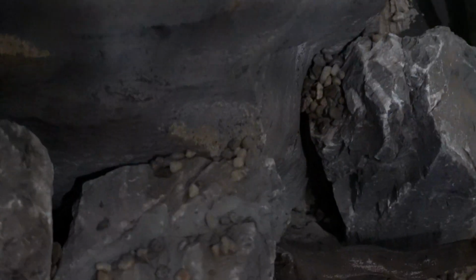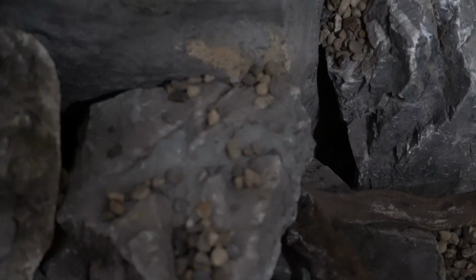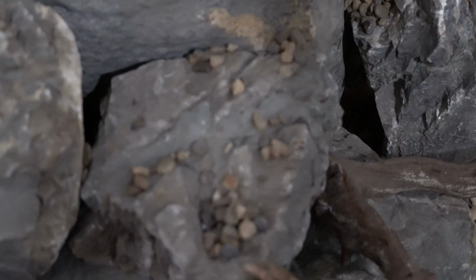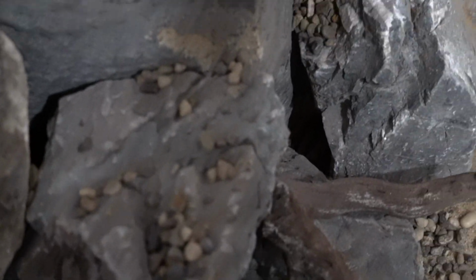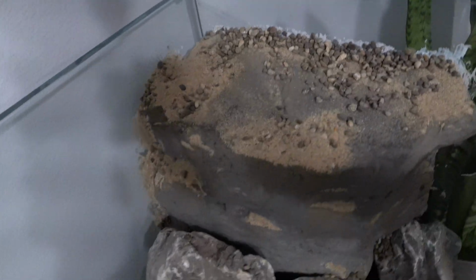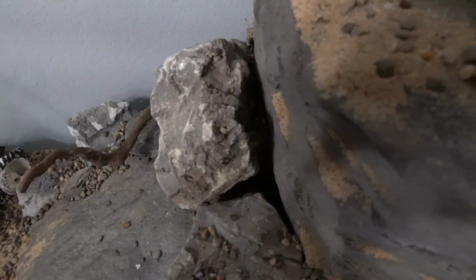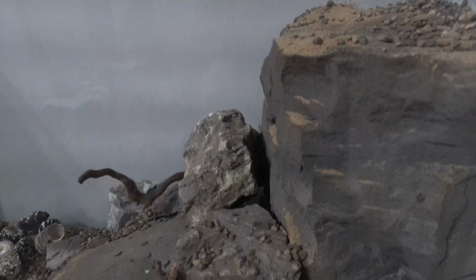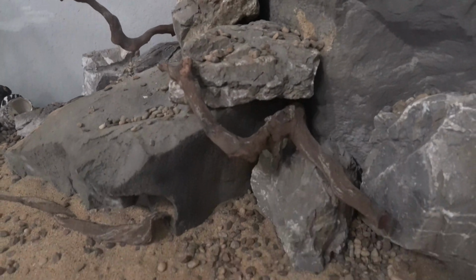And then we've got, let's see if we can get in here. Look at that. Nice crevice right there. This is going to be sweet. And the top of the rock just looks amazing, right? Look at that. Oh, you want to shoot down there? Let's see what we got going on down there. Boom. We should be able to get some potential breeding action, but I'm just really super pumped